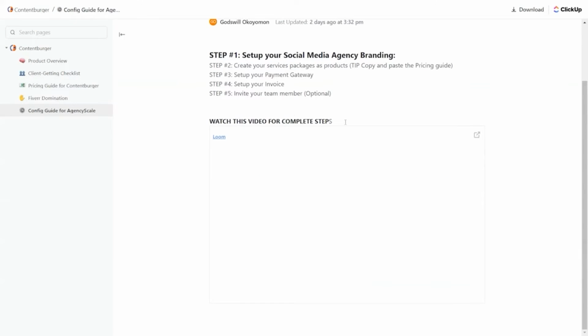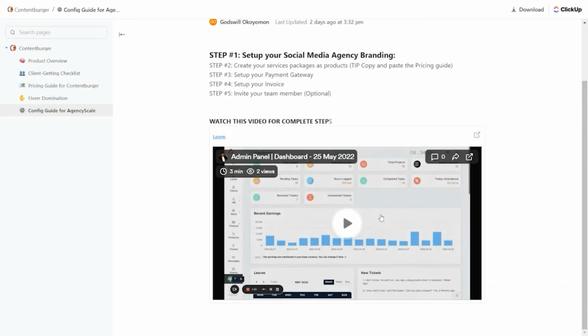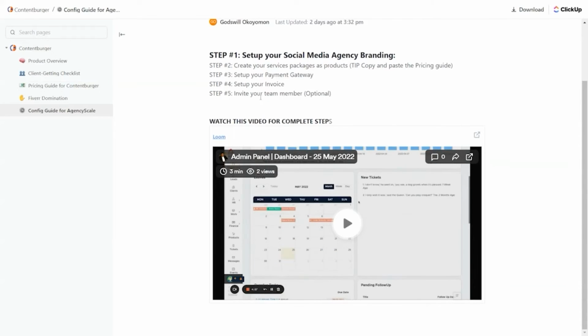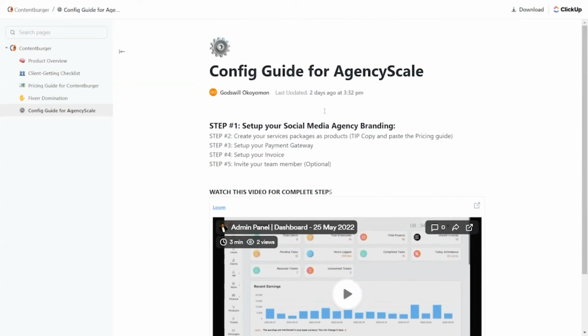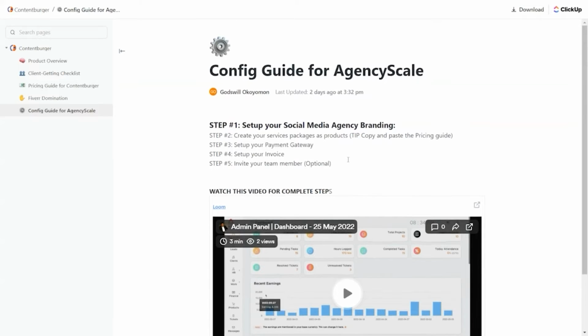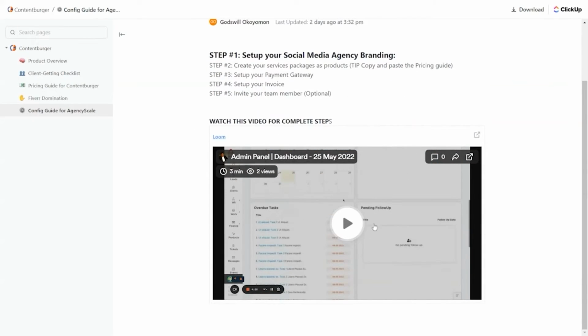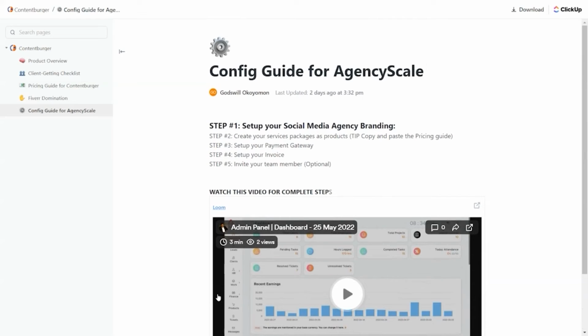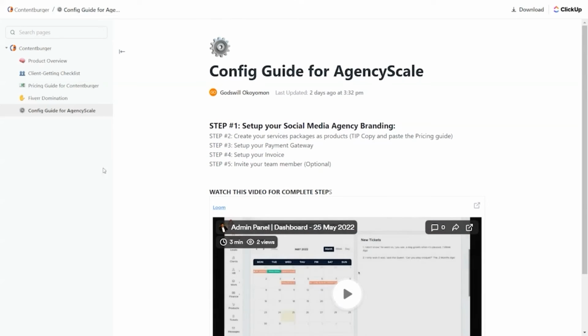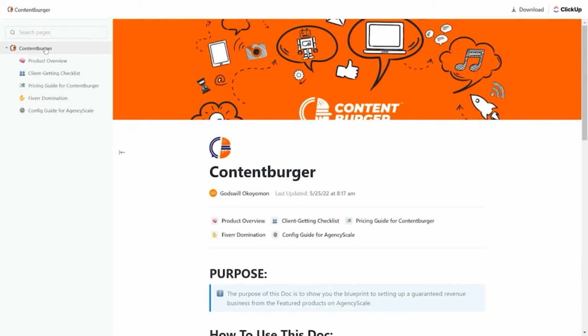And then there's a config guide for AgencyScale itself. Here's how you go into AgencyScale and set it up so that you are set to use Content Burger inside your AgencyScale. So we give you all the stuff outside of AgencyScale. We give you all the stuff inside AgencyScale. This is just for one of the more than 30 products you'll get in the blueprints